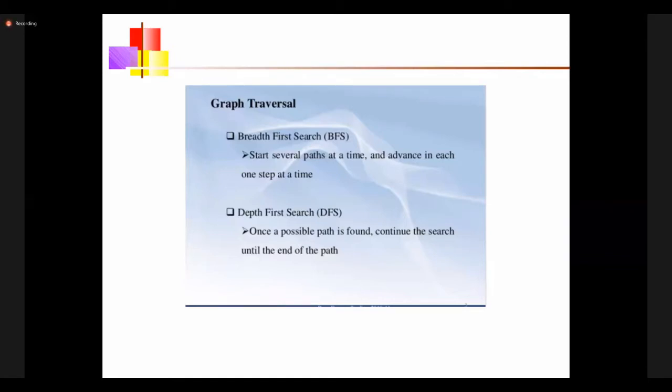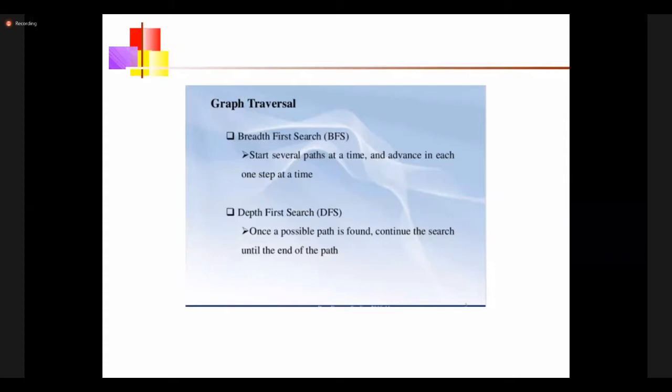Which particular edge to be removed? There is a particular procedure for removing a particular edge. According to BFS, we can remove some of the edges. According to DFS, we will remove some of the edges. So there is a methodology to remove some of the edges of the graph to make it cycle free. Right. So there are two approaches.